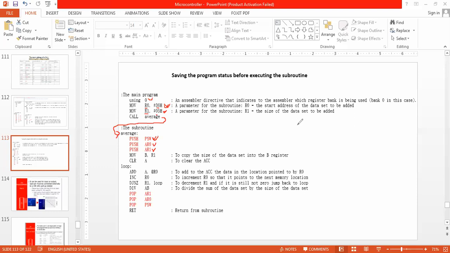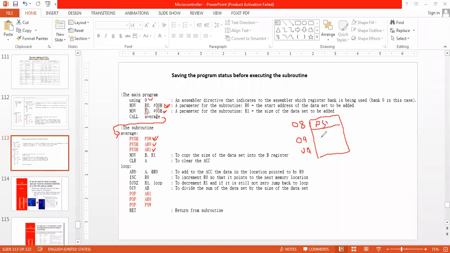So what will happen? 08, 09, 08. Inside 08, the value of PSW is going to be stored here.